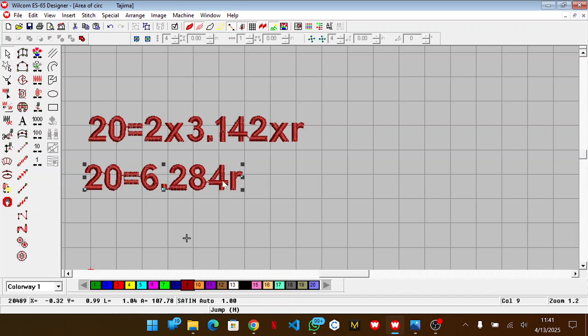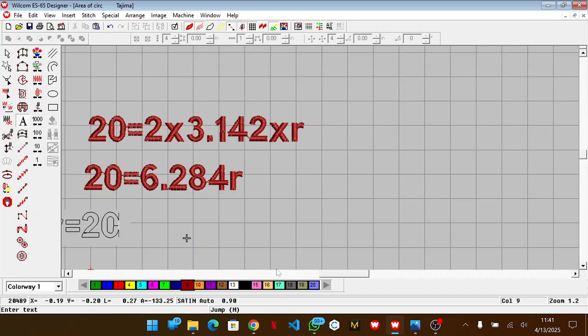I'm not a class teacher, but at least I expect you to have finished solving this. So in any case, you move on to R equal to. So we are bringing the coefficients of R, and you use these coefficients to divide this 20. So it will be 20 divided by